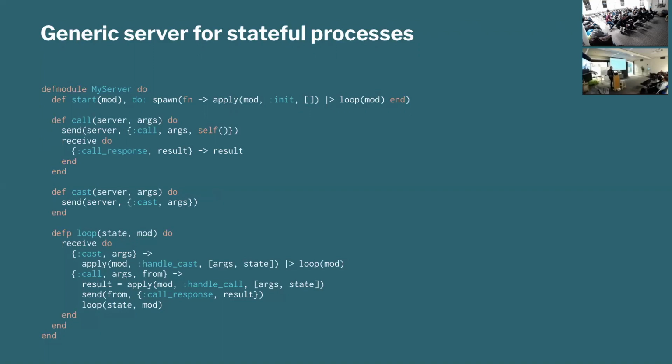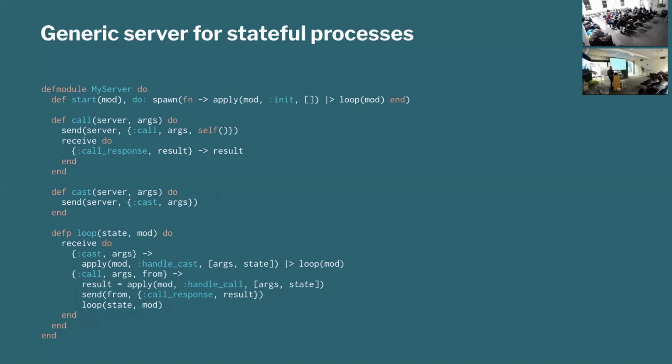So what we've done here is created a module called MyServer that will do all of that plumbing for you. So it's got a start function that takes a module, which is like a callback module that will contain your business logic. Then it spawns and it says, okay, call apply, which is just calling an arbitrary function on that module, which would be the init function. And then after you've initialized some data state from the callback module, give it to the loop, which is implemented inside here. And then the loop is exactly the same as before,